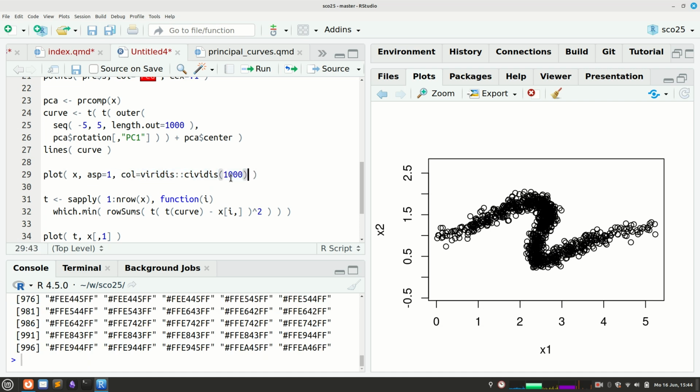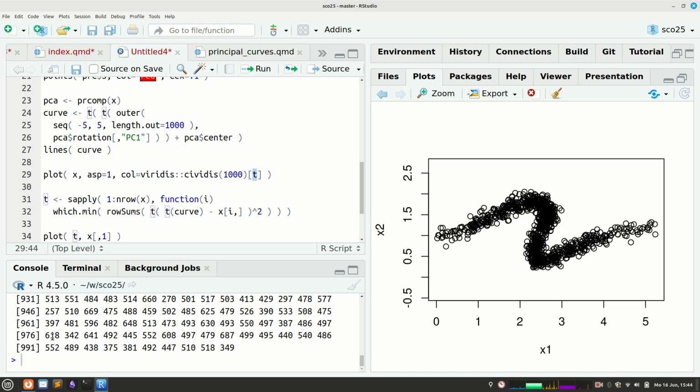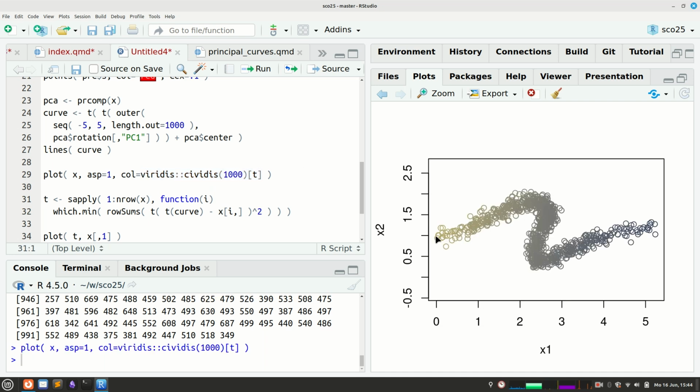And now I use this T here, which you see is all these numbers in some strange order. If I put this behind, it will reorder the colors according to this, so that colors with a low value will get a yellow, and colors with a high value will get a blue. And here these are both in the middle value. So in this way, I can now see what T has been assigned to this. But I'm not quite happy with this because it's so hard to see that this is a later point than that. So maybe I use our